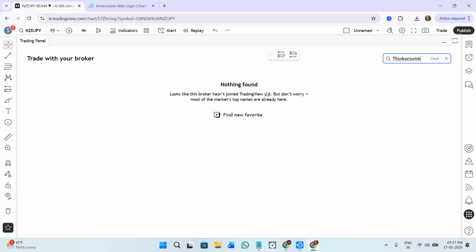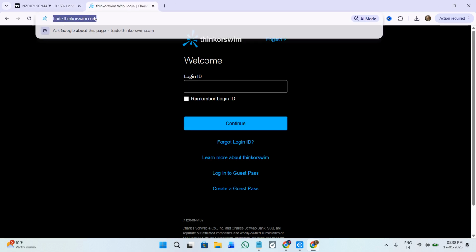Now as you can see, Thinkorswim is not available here, which means that you can't directly connect it with your TradingView account like you do with the other brokers. So in this particular situation, you just have to simply open a new tab. Over here, simply search for